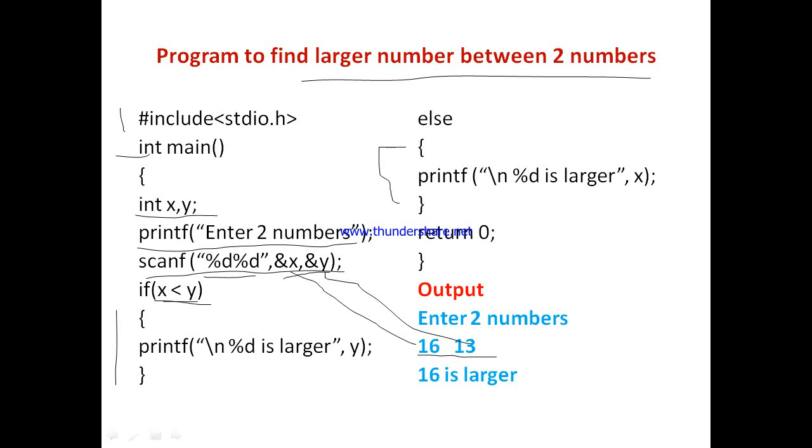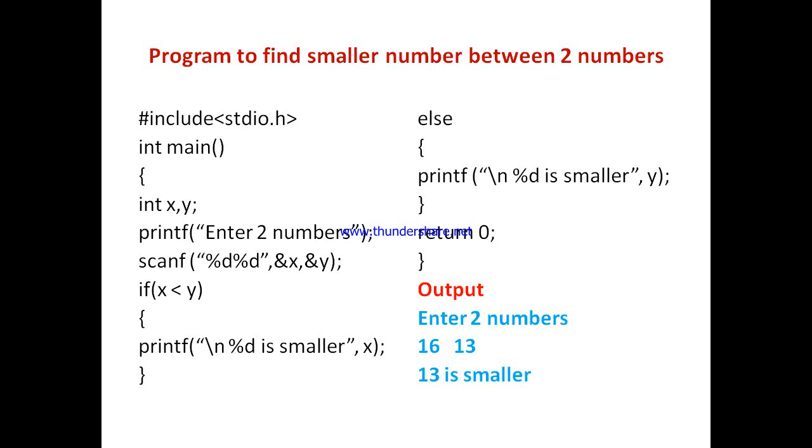Inside the else we have written printf percentage d is larger comma x. So here the x value is printed in place of percentage d. What is the value? 16. So the output is 16 is larger. This is printed because of the execution of the else block. Okay, now let us see another program